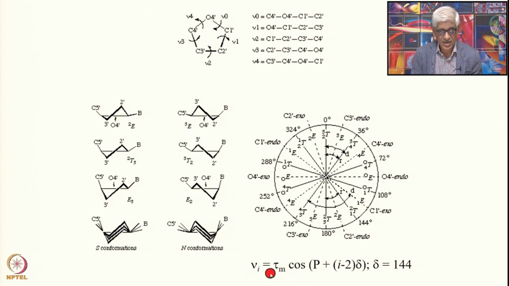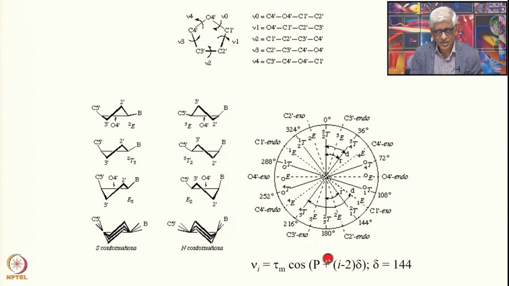nu i's here. And this nu i, the individual torsion angle, is given by tau m. This defines the maximum distortion from the plane of the ring, how much a particular atom is going out of the plane, what is the maximum value. But this will have a certain constraint, because the bond angles and the bond distances are well fixed and cannot be changed too much, and therefore this is a well defined element. This is typically of the order of 38